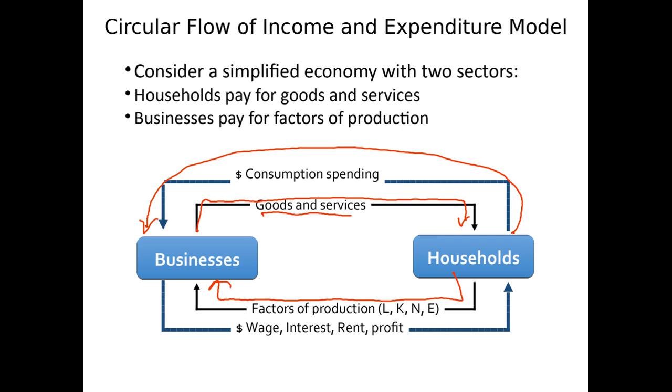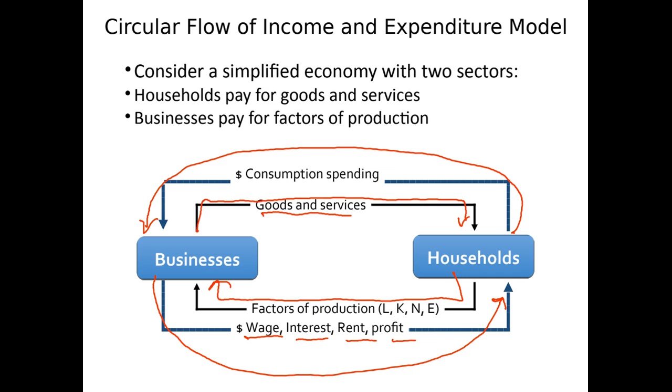That is labor, capital, natural resources or land, and enterprise. Of course, business sector is not getting these factors of production for free. Business sector is paying for these factors of production. That is wages, interest, rent, and profit. So business sector is paying money, that is dollars, against these